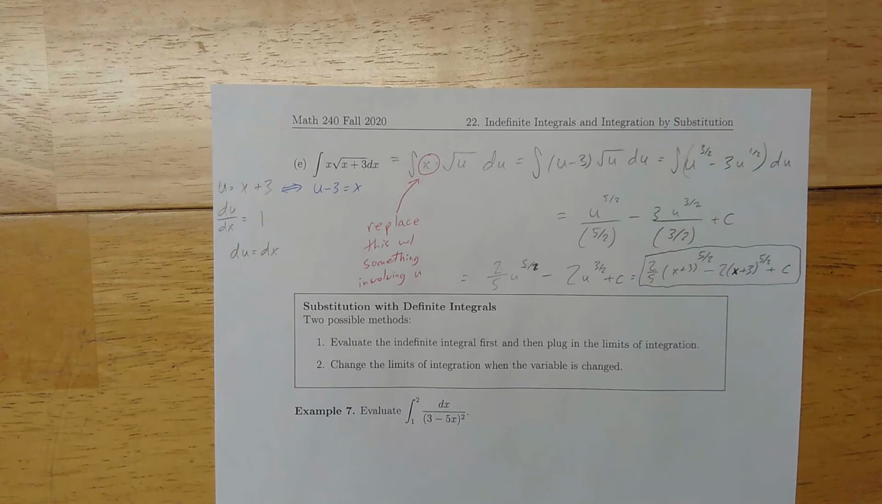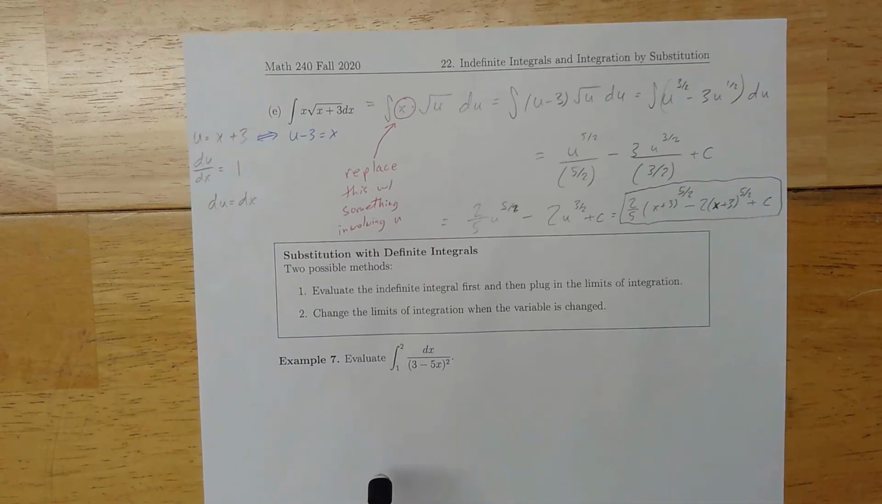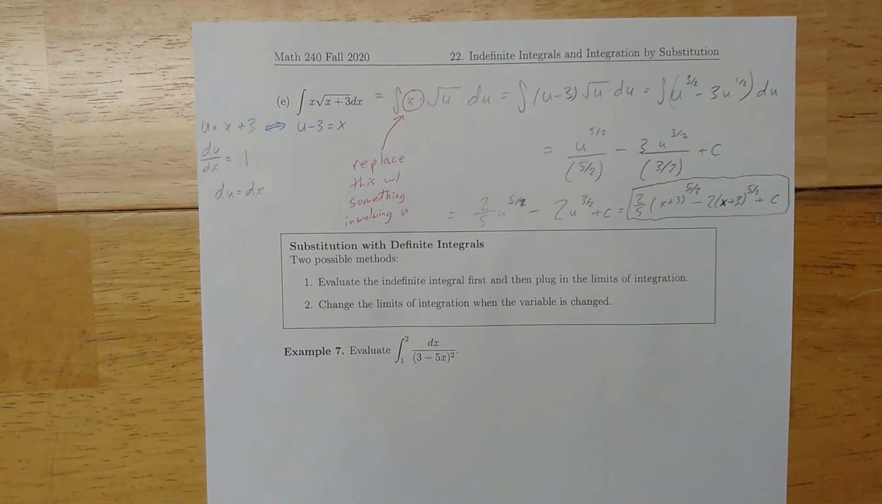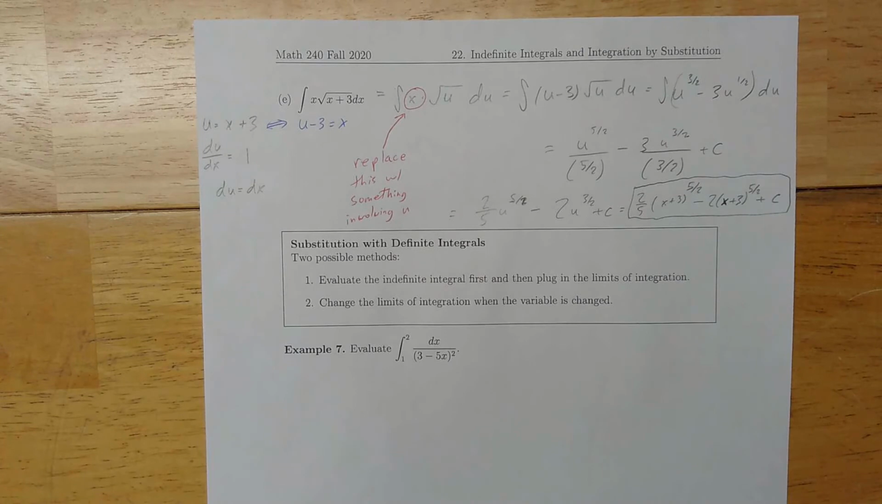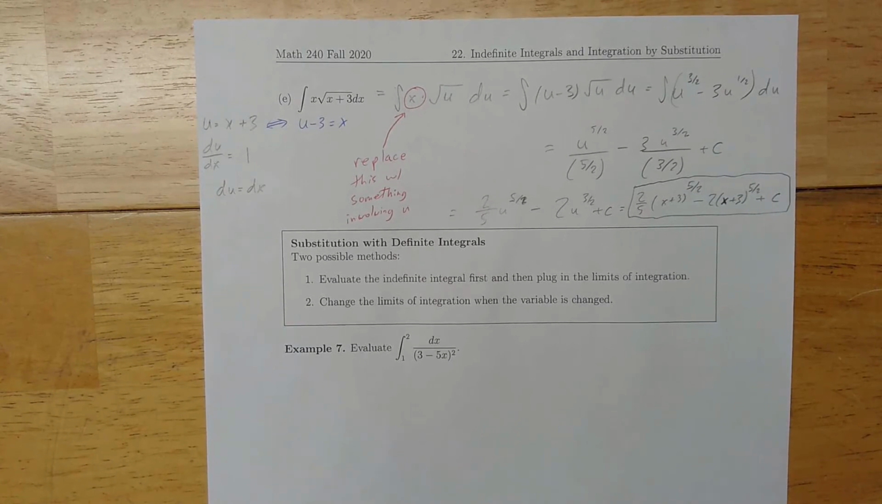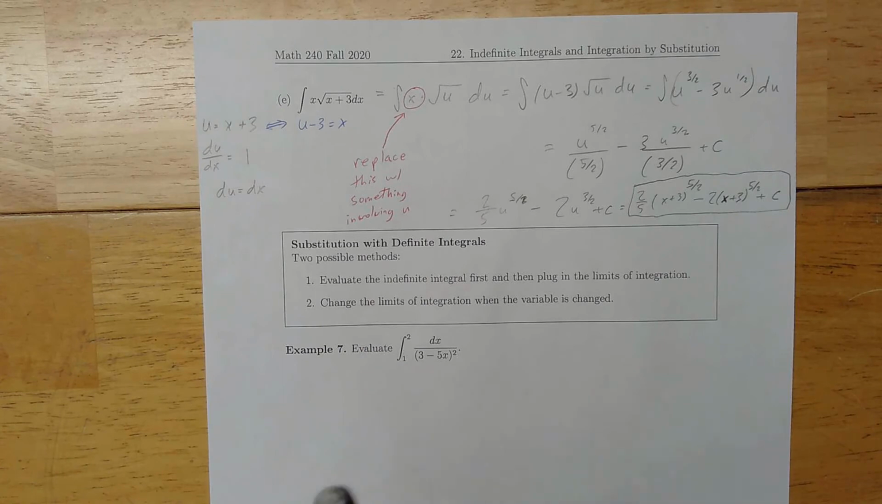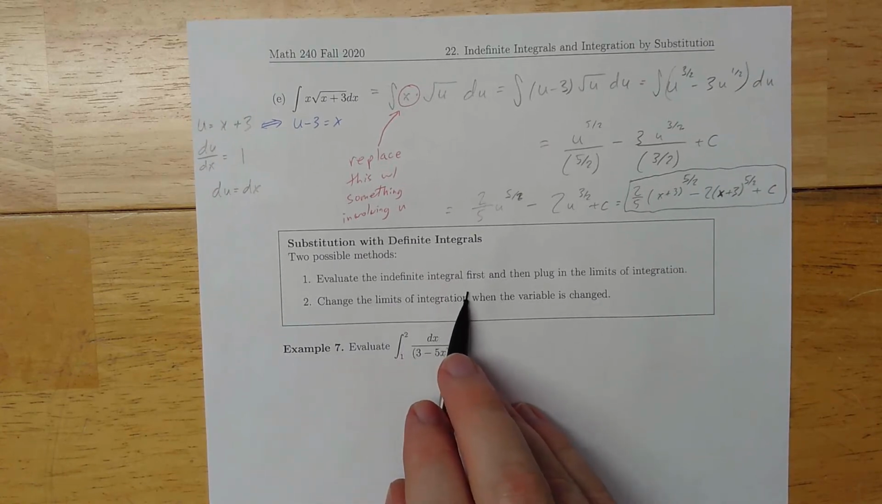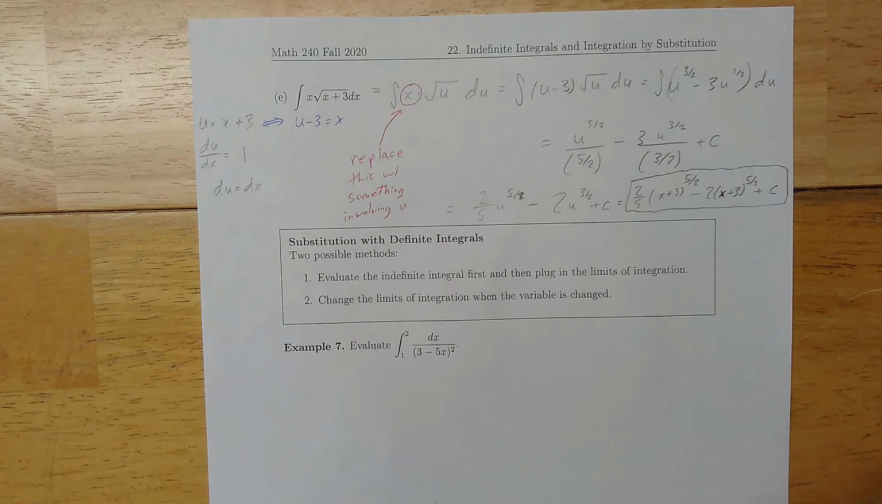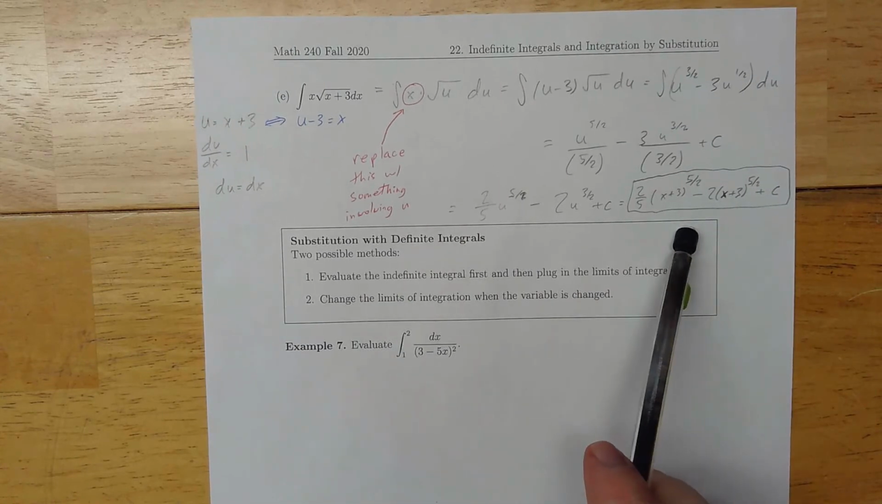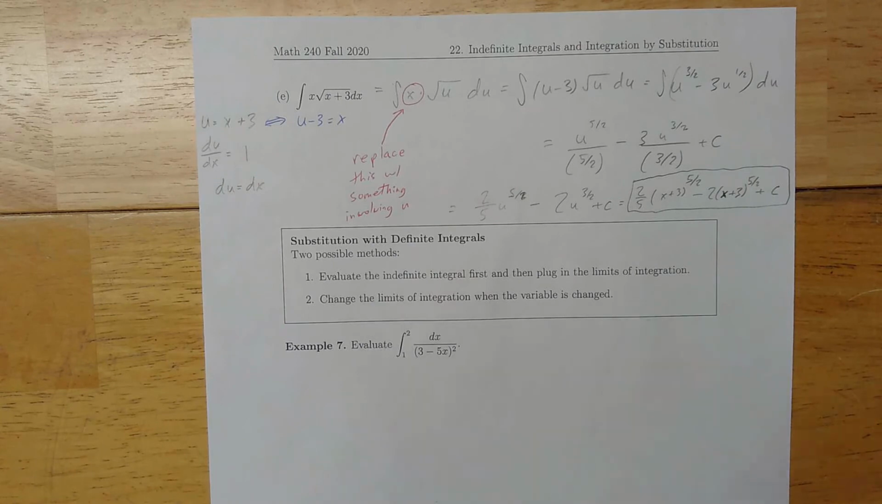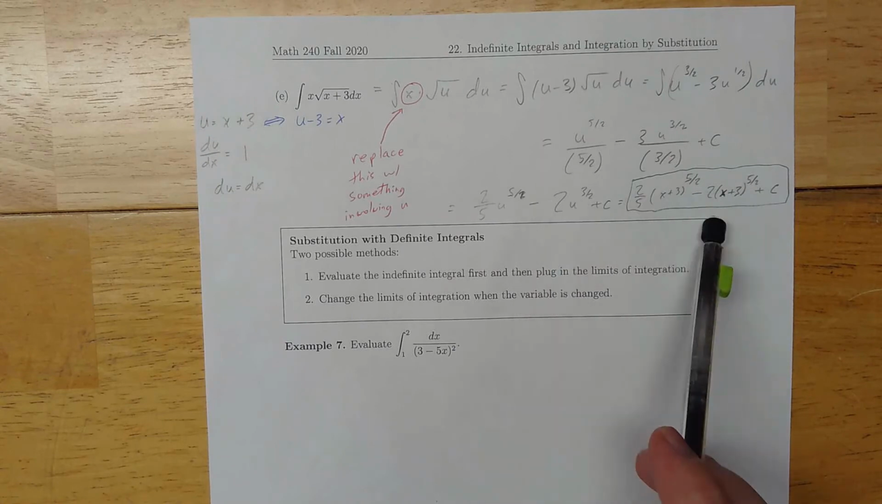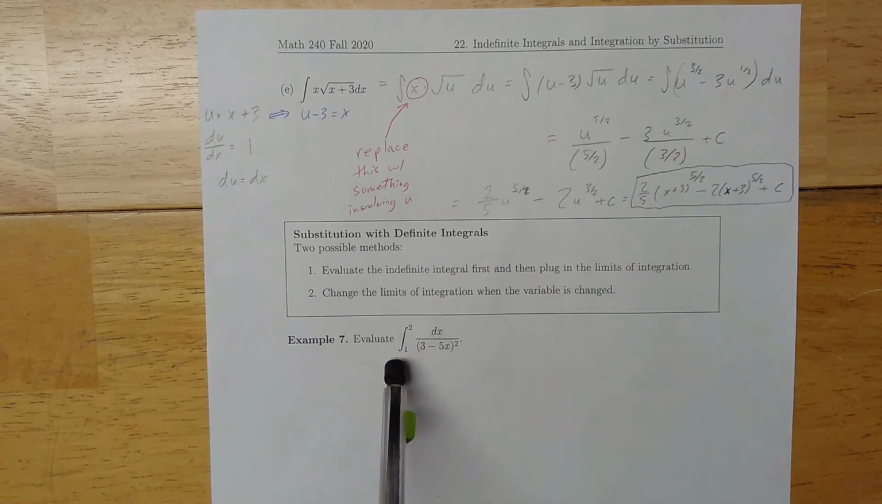Okay, so let's say we want to go ahead and deal with definite integrals. So remember, definite integrals are things where we have bounds on either end. How we can do this is one of two ways. The first way is we can go and evaluate the indefinite integral first and then plug in the limits of integration. So we can go through the entire process and then plug in the original numbers and be good to go. The other thing we can do, if we don't like doing this step where we go from u back to x, is we could change our limits of integration